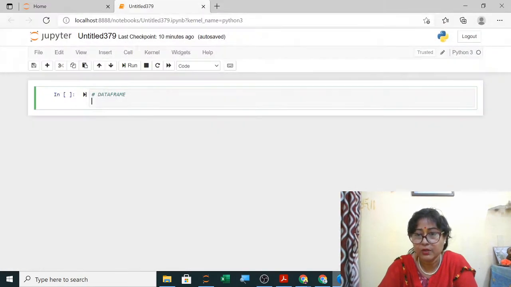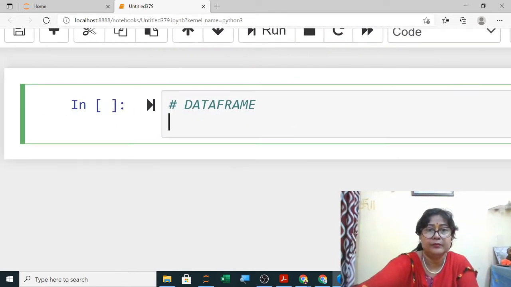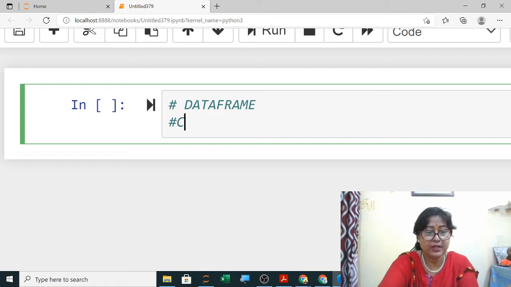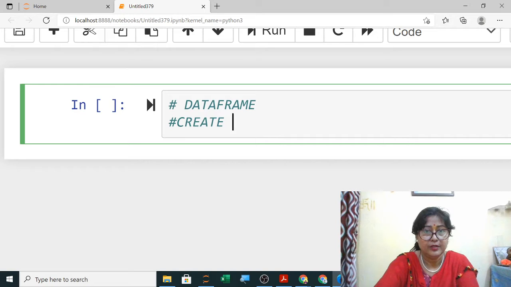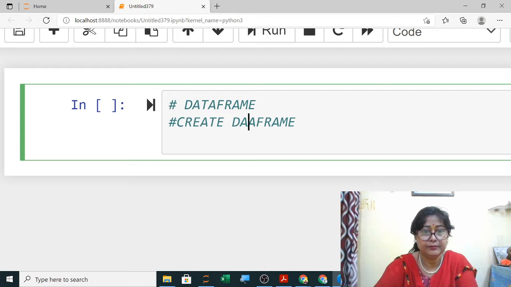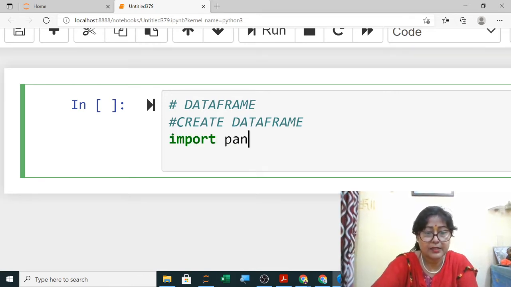So here we will open this, and so today we are doing data frame. So first we will try to create the data frame. Create data frame. Yes, now first statement always will be import pandas as pd.